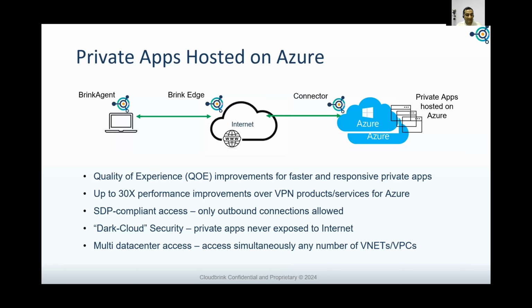As I said in the previous slides, first of all, we make sure the user is authenticated: user, device, role-based, everything. On top of that, the Cloudbrink solution itself follows a software-defined perimeter compliant model, where for the virtual clouds where our solution is deployed, we don't allow any inbound connections. Only outbound connections will be used to connect the user to the private applications. That way, there is no need for opening up a new port or a new dedicated public IP address